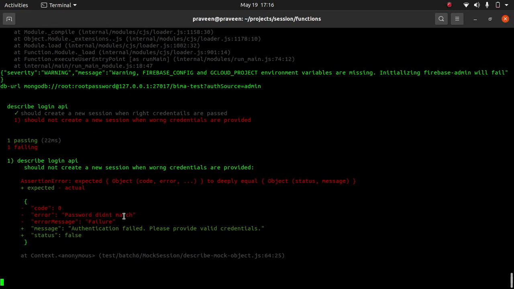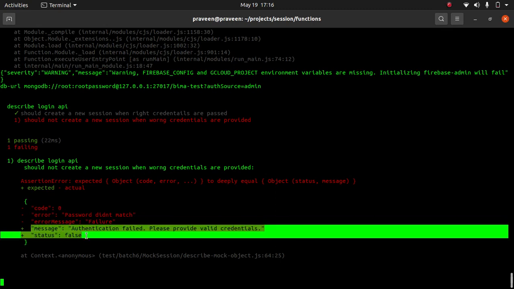Now the second test case is basically telling me I had a code 0 and the password didn't match as the message, and this was the error that I was expecting, but you are expecting this.